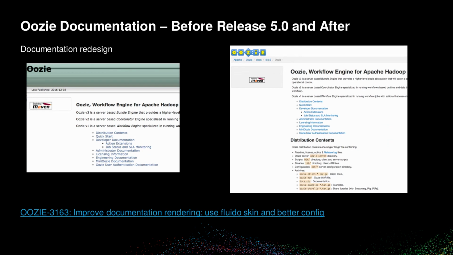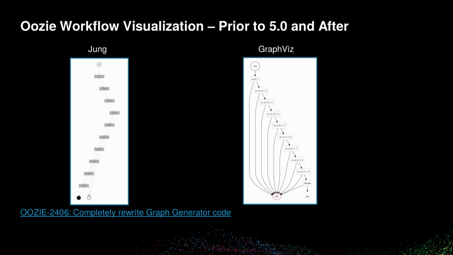Oozie on Yarn, oh yeah. But from the blog post I saw yesterday, that actually started as a hackathon, so kudos to the development team there. One thing I'm very excited to see is that the ugly theme in Oozie has gone away. A guy from the Maven community just came in and said, I'm a developer in the Maven community, I can't even fathom having ugly docs. And when I saw the new docs, I was like, oh my God, that looks so much nicer.